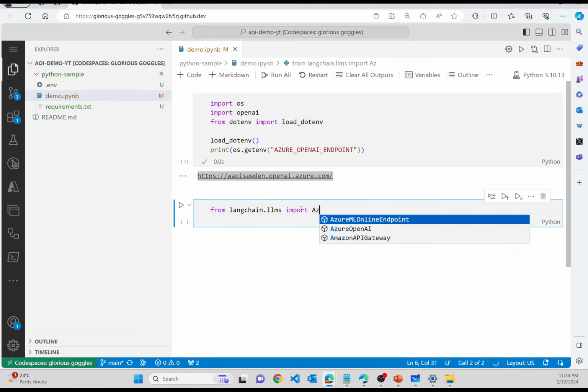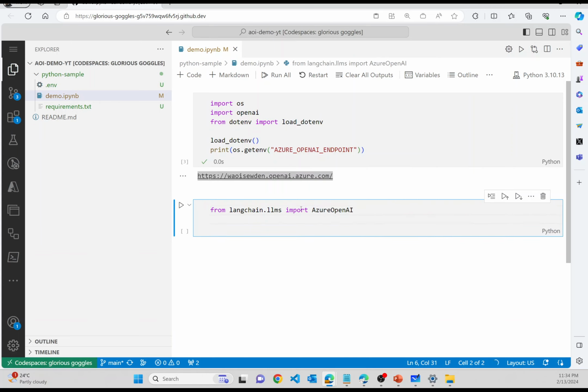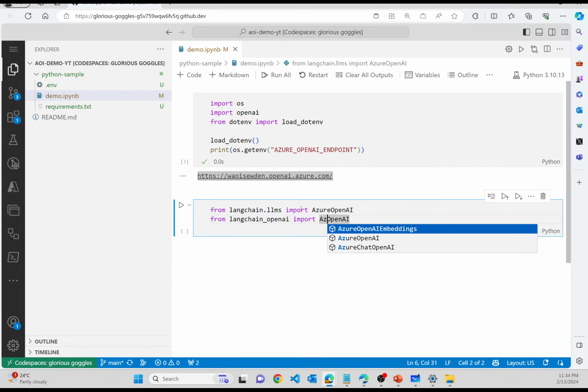I'll use Azure OpenAI, give a better name, and then I say from LangChain OpenAI import Azure chat. You might have noticed that it is giving me recommendations, and they are basically coming